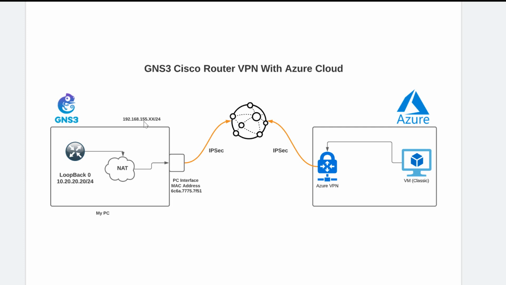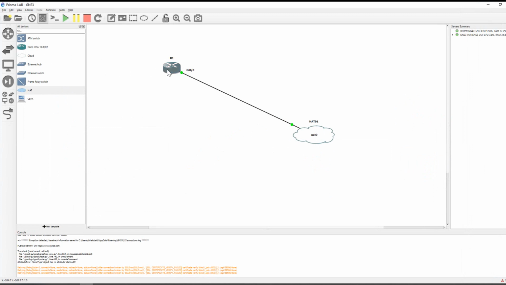This IP, 192.168.155 or whatever, maybe that IP is different in your environment. This IP, you're going to get it from the NAT when you connect your GNS3 to the NAT. I will show you this part first. As you can see here, this is my Cisco router connected to this NAT option here, okay? And this NAT is connected in the back to my physical interface in my computer. So this is the environment in